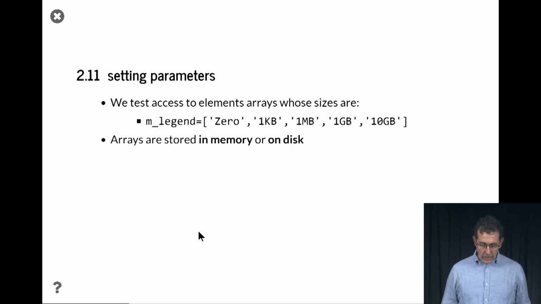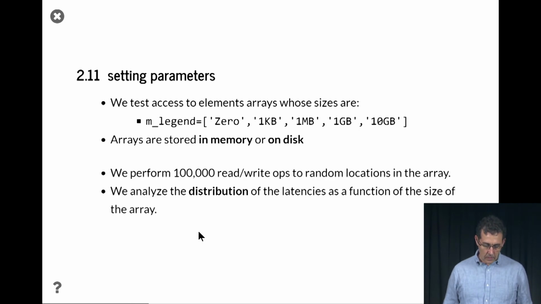The arrays will be either in memory or on the solid-state disk. For each one of these sizes, in memory or on disk, we're going to perform 100,000 read-write operations to random locations in the array. And then we're measuring the time it takes for each one of these operations. And then we're going to analyze